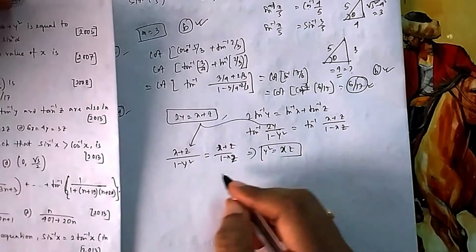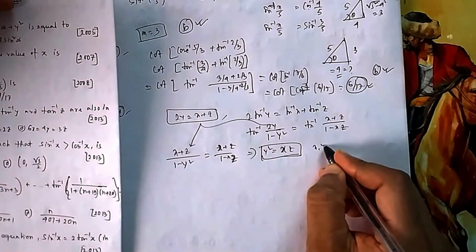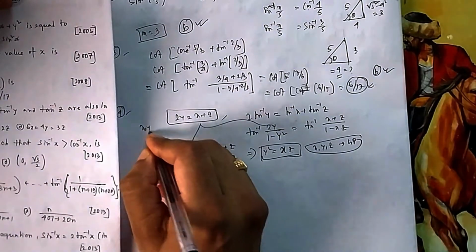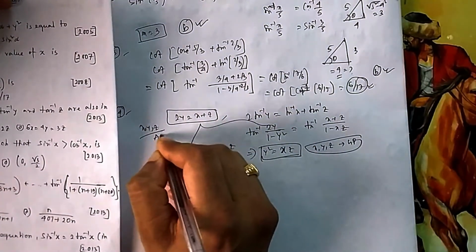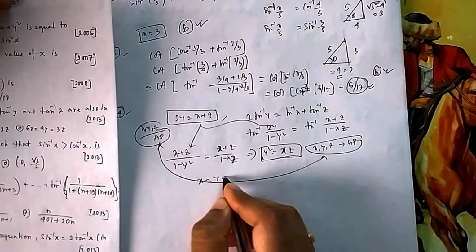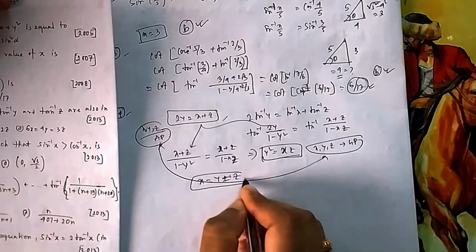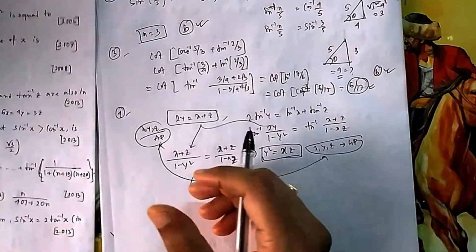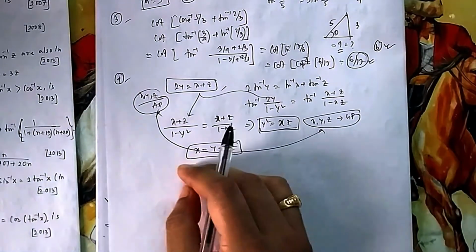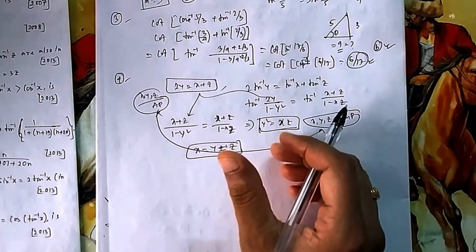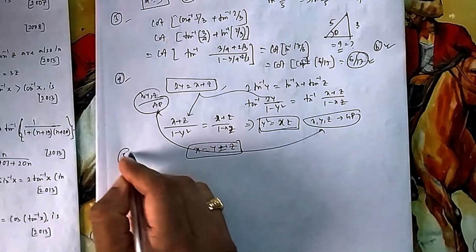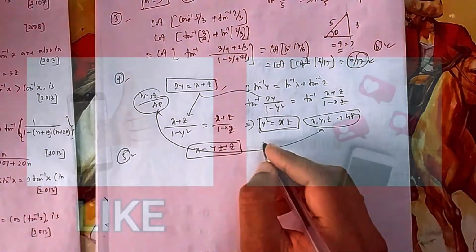This will cancel, 1 will cancel. So what does it mean? It means x, y, z they are in GP also. So x, y, z in AP also, x, y, z in GP also. If both it is in AP and GP, then we have already seen in progression all three are same. If they had to be in AP, at the same time there has to be GP also. That means all three should be equal, like 2, 2, 2. Then they are in AP also, common difference is 0. Then we can say they are in GP also, common ratio is 1. So that is your option A.